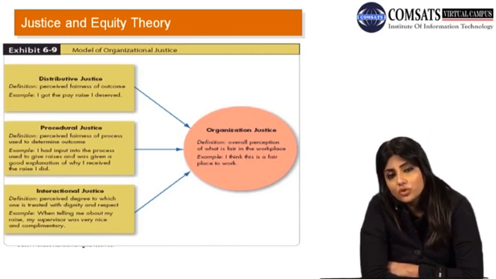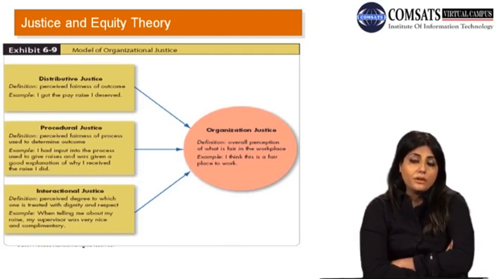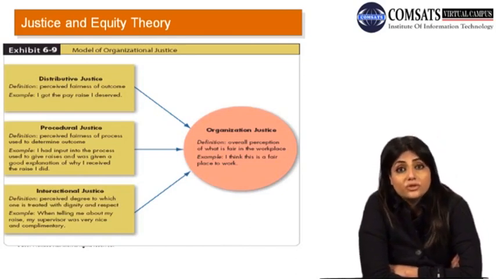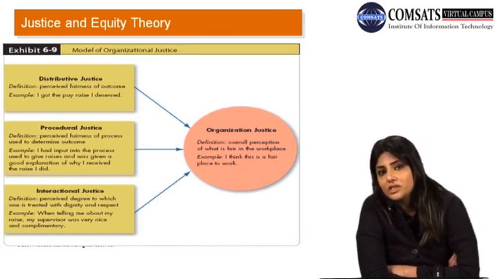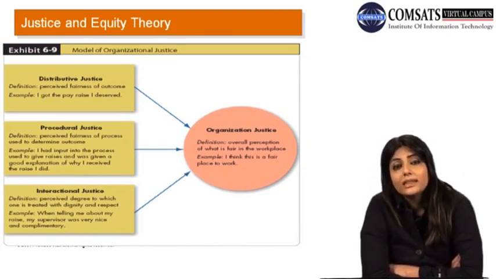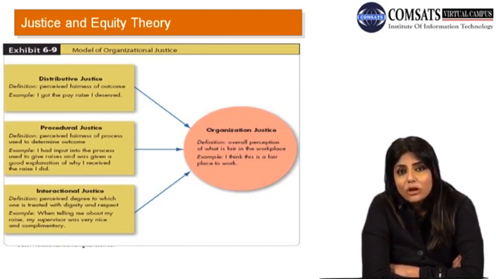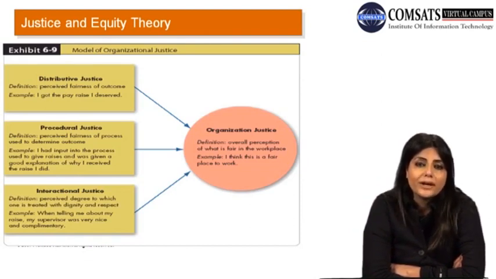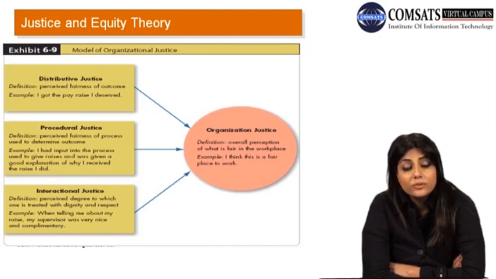So if you explain the process to the employee, that why he has not received a very good increment is because his performance appraisal was not very good, because he had done this and this, he was short on this, and this is the process that we use to arrive at this outcome, then it may be easier for the employee to understand and accept that outcome. So his attitude might be less aggressive, and more accommodating and understanding, right? So procedural justice is really important. It's not distributive justice alone.